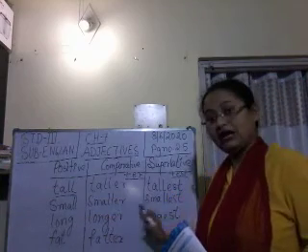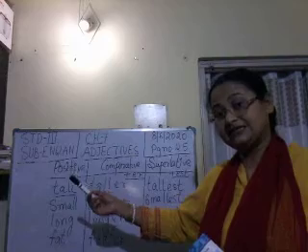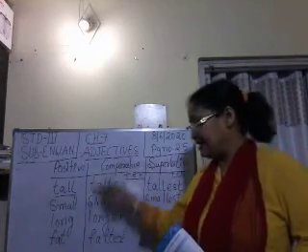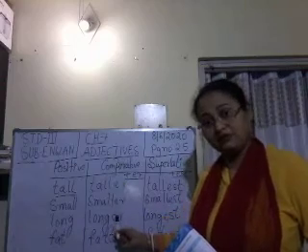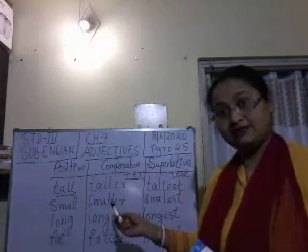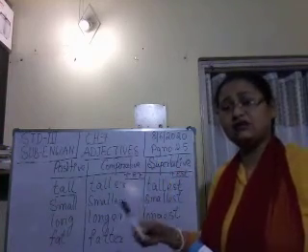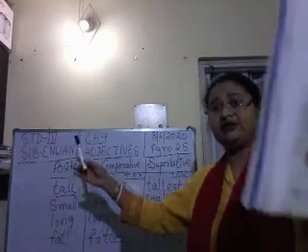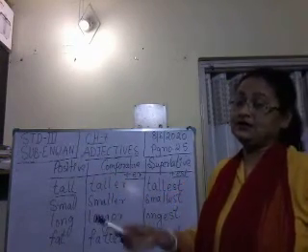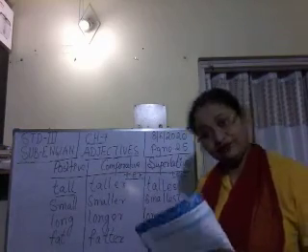Long, longer, longest. This is a long pencil. Suppose one more girl has a pencil that is longer than my pencil. Then I'll say that girl has a longer pencil. Her pencil is longer than mine. We are making use of than. Now suppose one girl has a very, very long pencil. So we'll say she has the longest pencil. We are making use of the in the superlative degree.